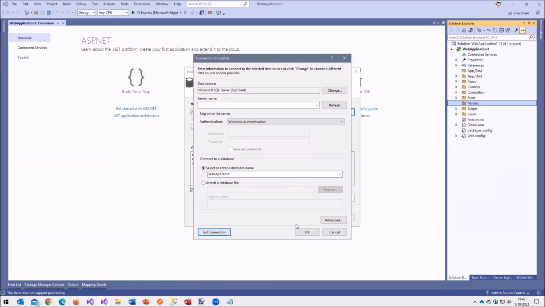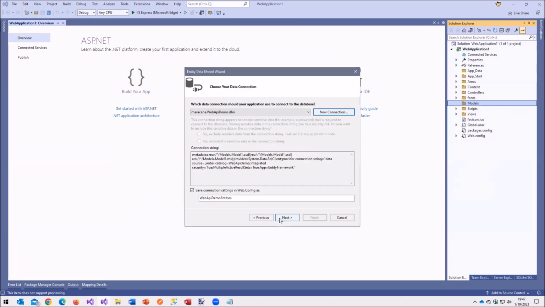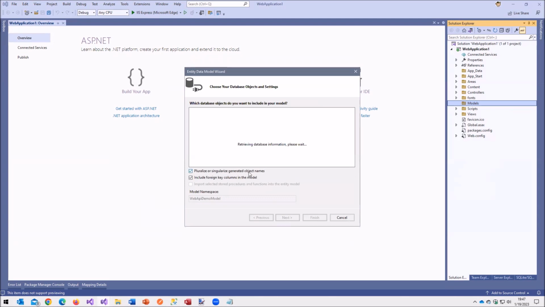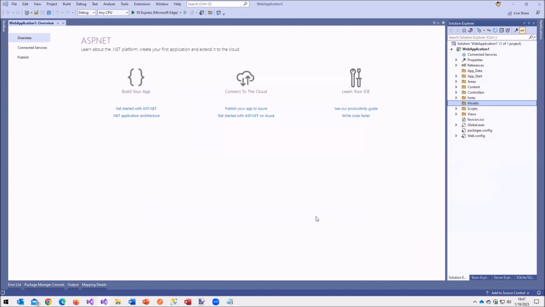And now what this will do is this will essentially create an EDMX or an entity diagram of my one table that I have inherited this. So I'll just do that, click finish. So it'll take a minute or so while it grinds away.